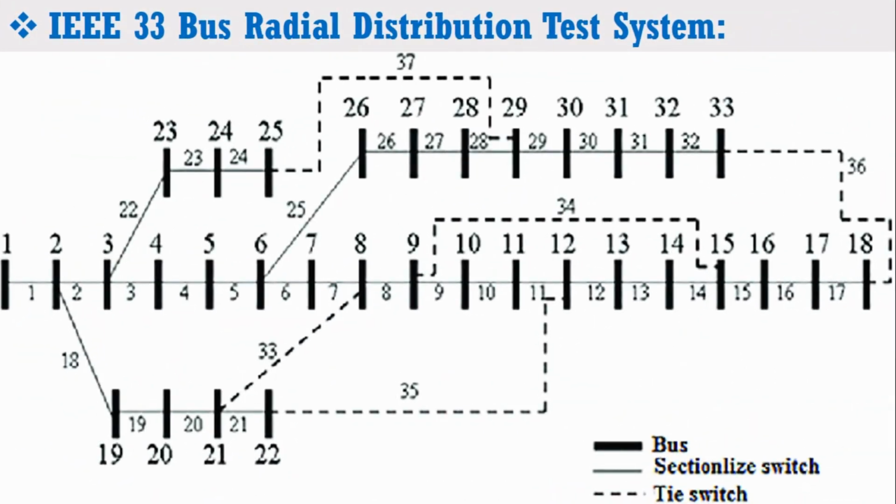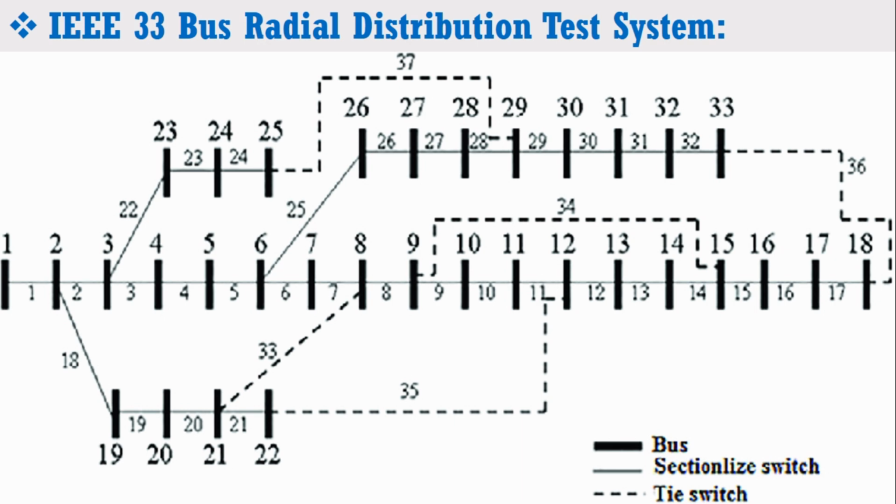It can be noticed that apart from the transmission lines, the power system has some dotted lines showing the tie switches. These tie switches can be connected to any of the transmission lines in order to reduce the losses. When the positions of these tie line switches are changed, the amount of power flow is also varied in all lines. This results in different losses.